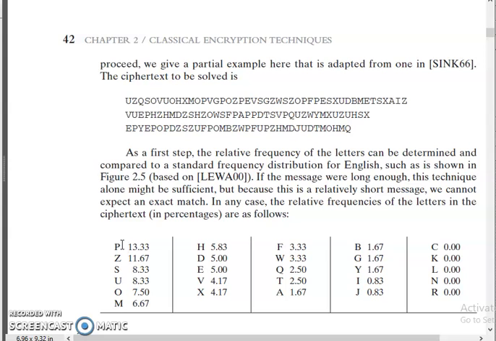According to this ciphertext, P has the highest frequency. Next to the letter P, Z has the highest frequency. That means Z, compared to the letter P, occurred most frequently in the ciphertext. And then S and then U. Like that, letter R has the lowest frequency because it was not used frequently. It was placed in some other places, occurring once or like that.